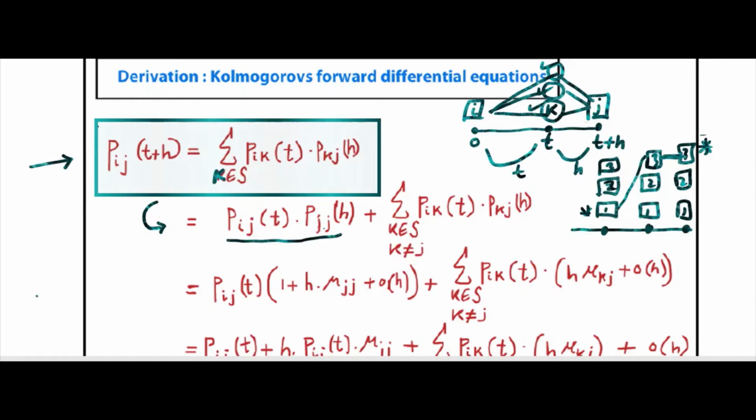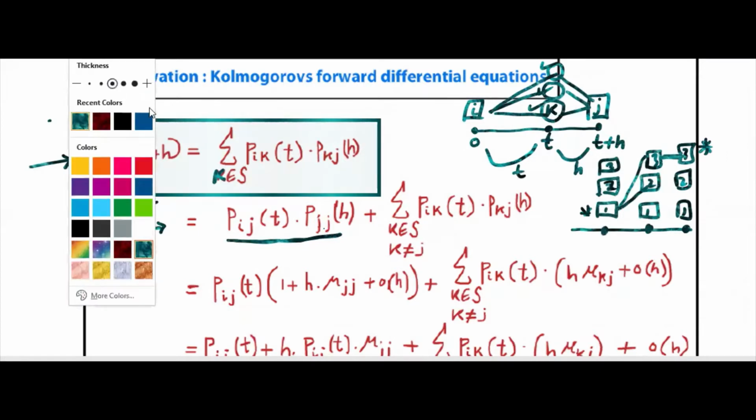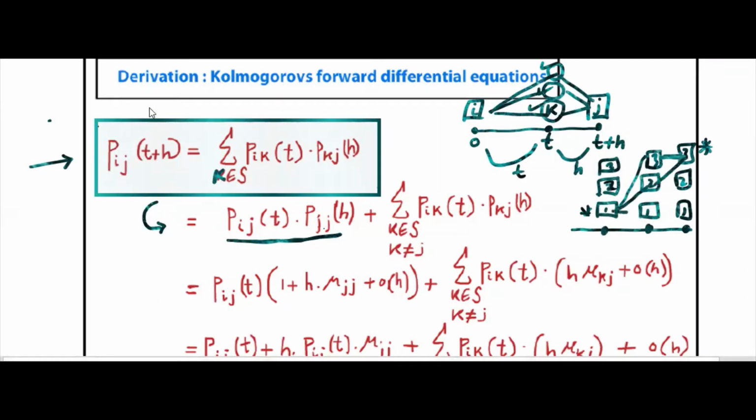You go i to j in t time. It's like I want to go from Mumbai to Delhi through Hyderabad. Suppose 5 hours are given. In the first 3 hours I am here, then the next 2 hours I will wait here, that way. This is one possible case. All other possible cases are here. All other possible cases, when we say this one in this example, this one and this one,